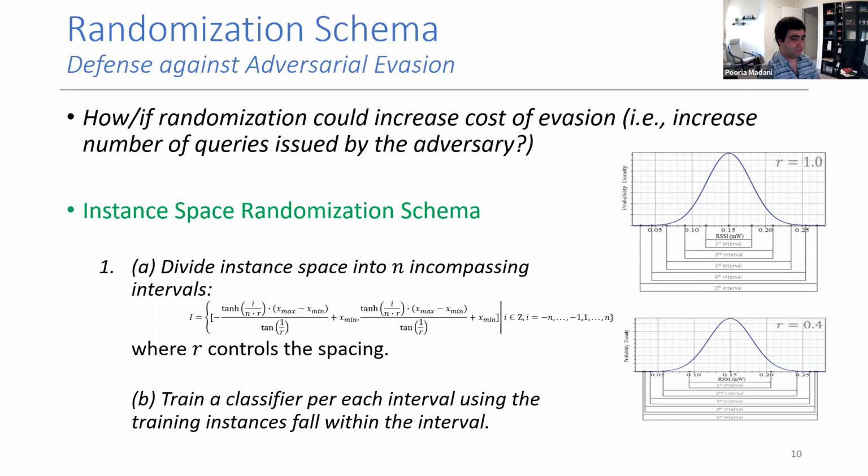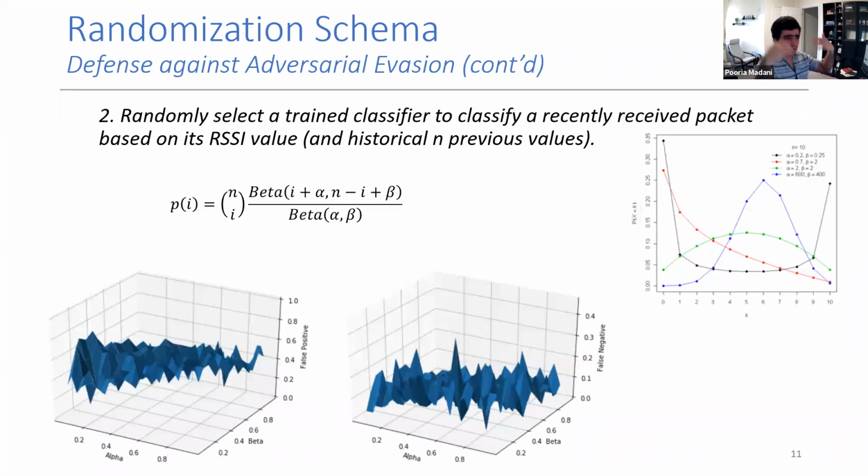And now comes the second idea: how do we go about selecting those intervals? We propose the use of a beta binomial distribution because the parameters that the beta binomial distribution gives us allow a system operator to emulate any form of discrete distribution that they like. Do they like to have a uniform distribution for selection among those